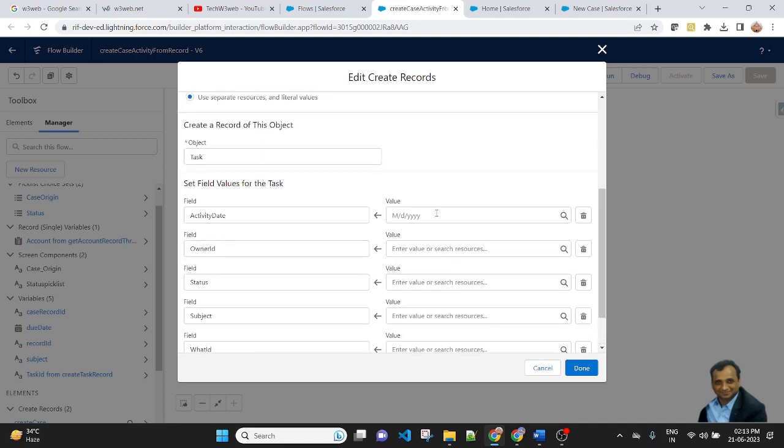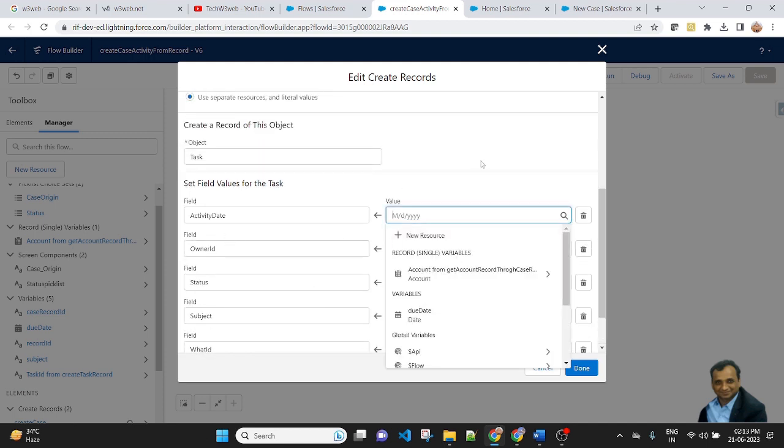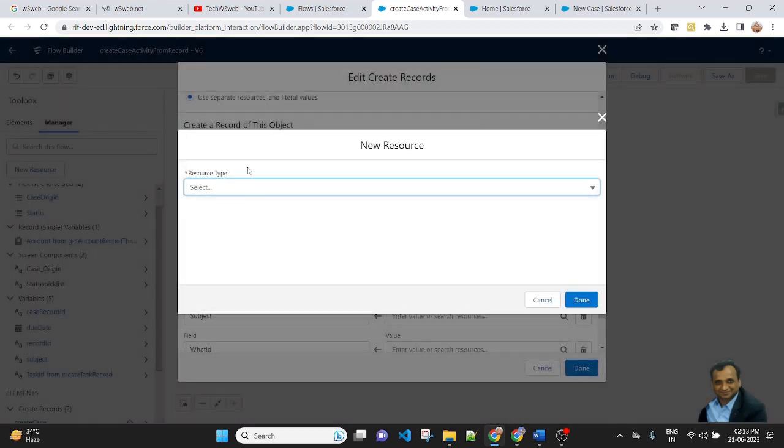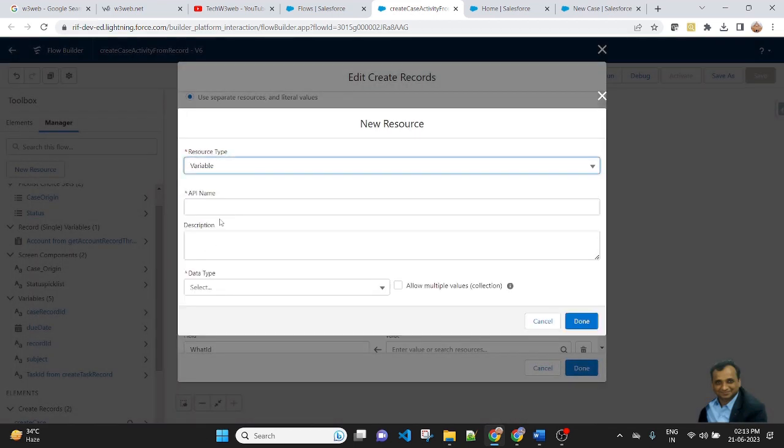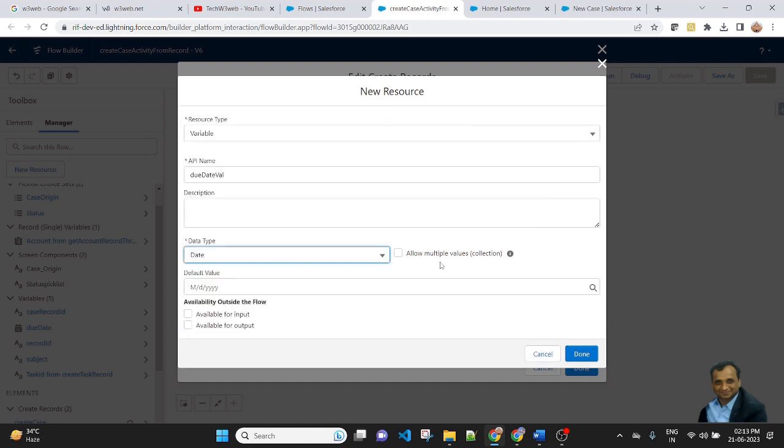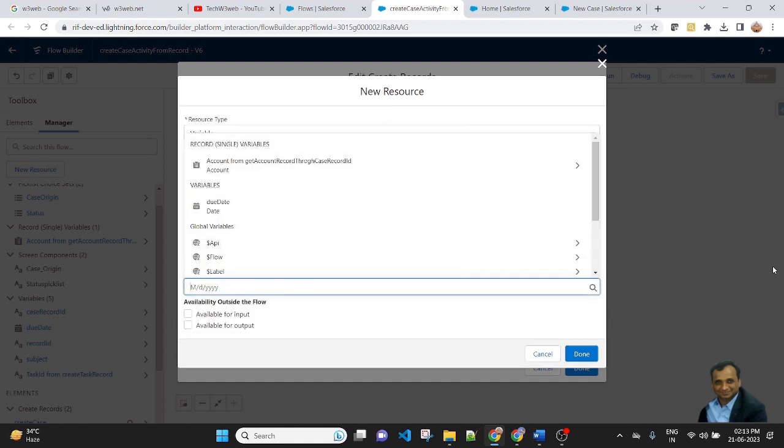For activate date, you can select a value. You create a new resource, variable, API name due date, value, data type date. Here is the month, day, year.